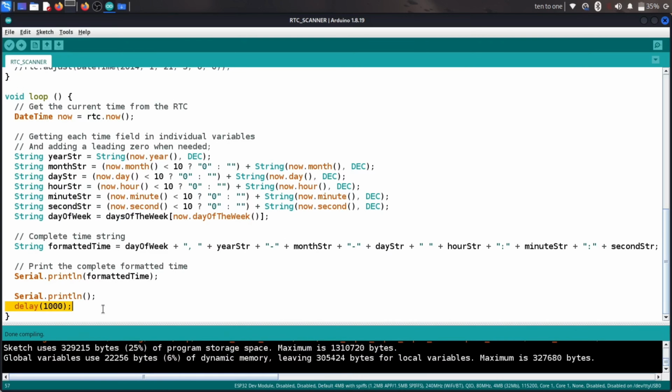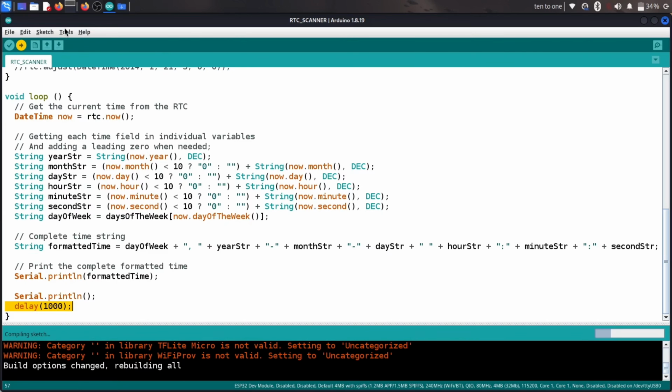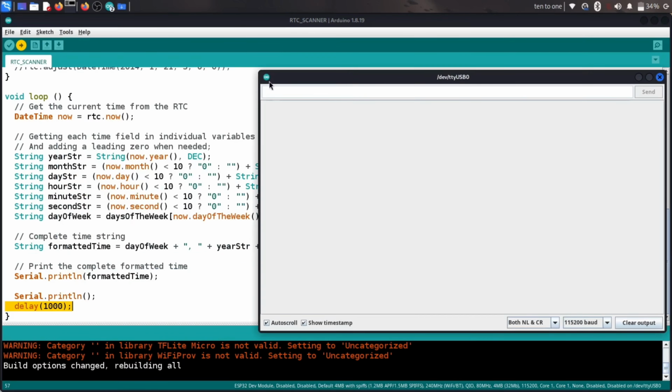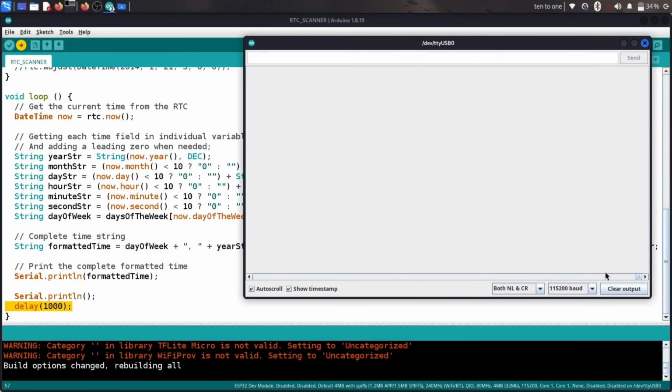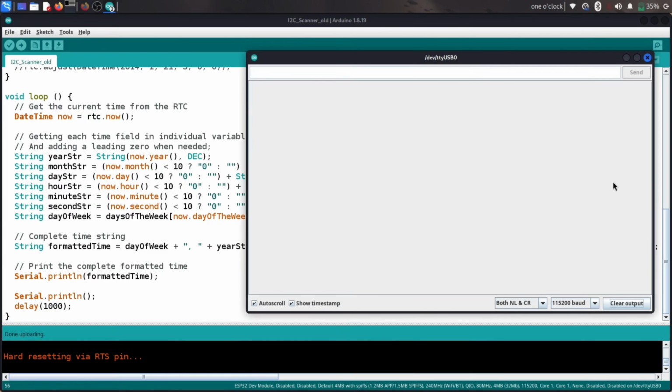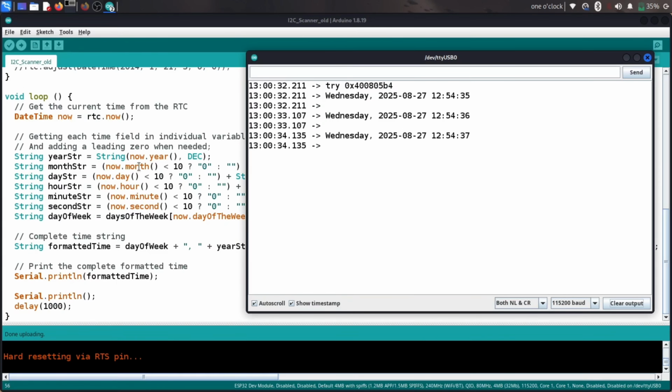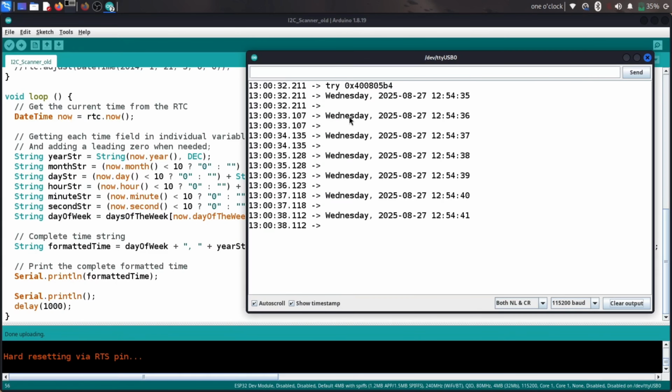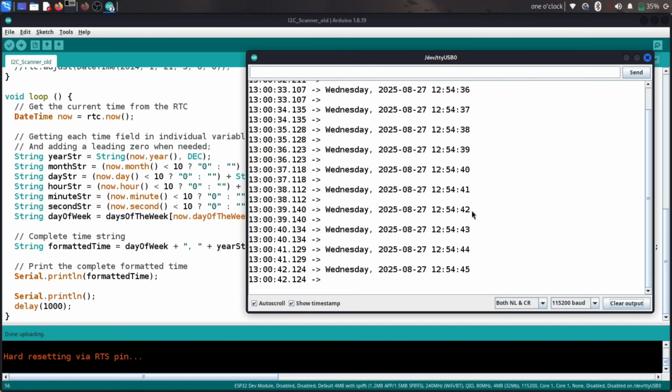I am giving a 1 second delay for printing the time every time. Okay, now I am uploading. Open Tools, get the serial monitor, and set the serial baud rate to 115200. Okay, yeah, now it's done. See, the present time is Wednesday, 20 year, month, date and time. It's responding. Okay,